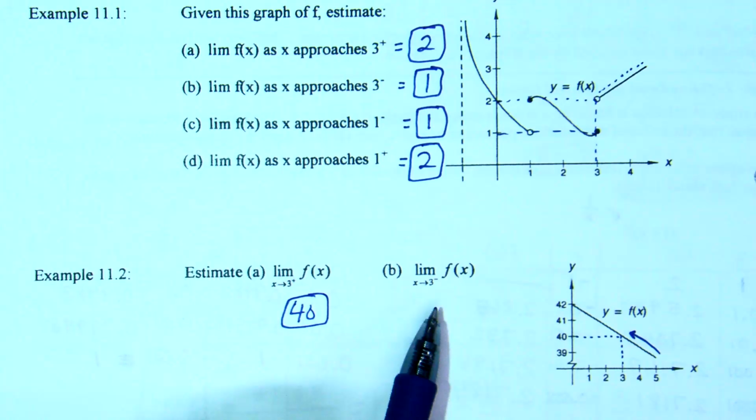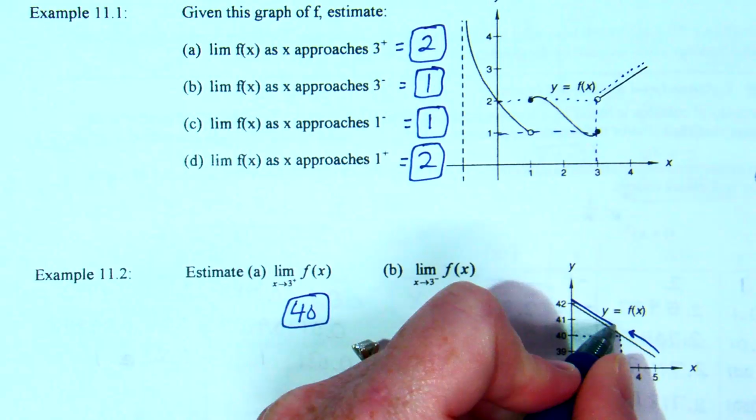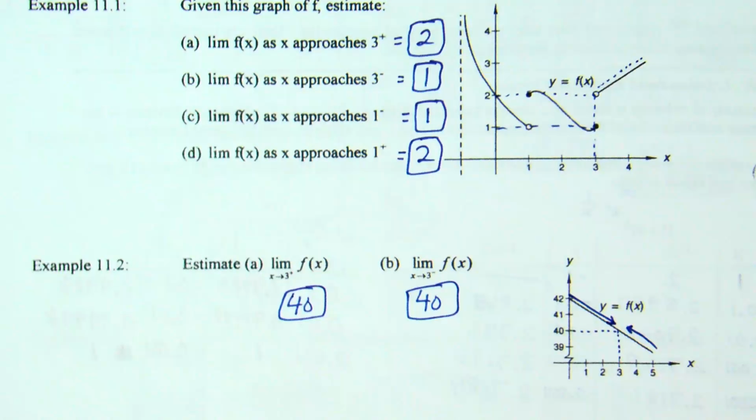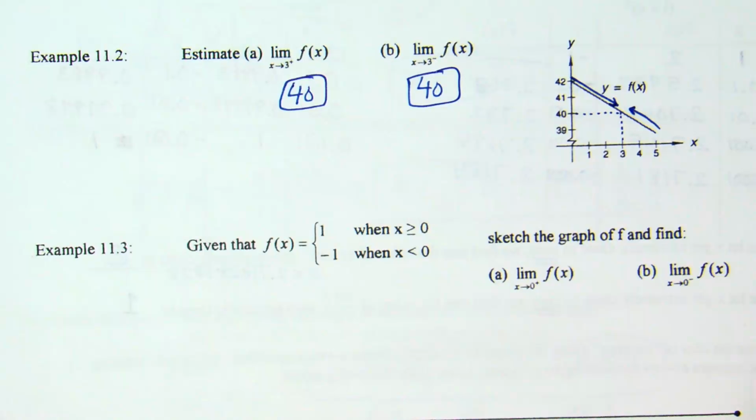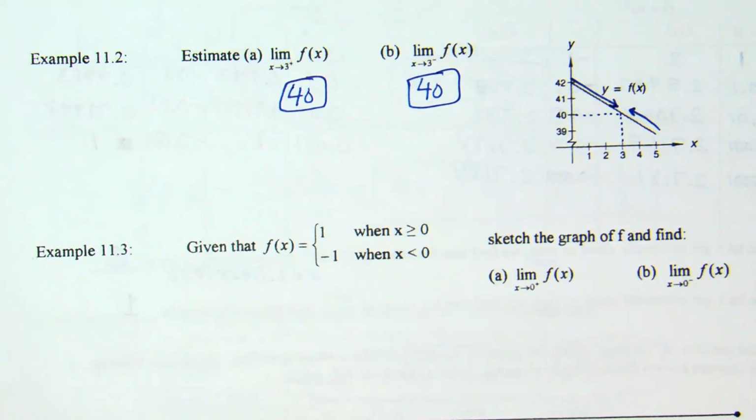What about when we approach from the left? Yeah. As we approach from the left, it's just coming from above, but it's still going to approach that same value because this graph is a continuous graph. It also says estimate, so. And it is estimating because the way that graph is, technically, can we tell exactly? I mean, it's a pretty decent 40, but